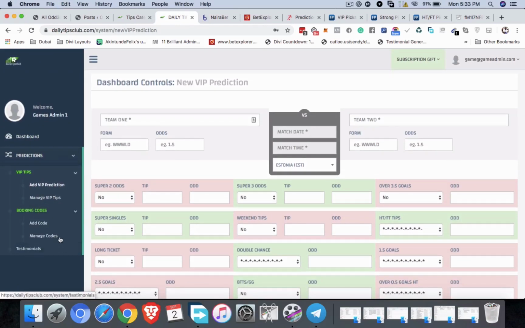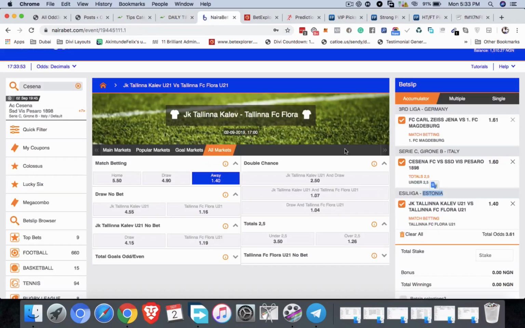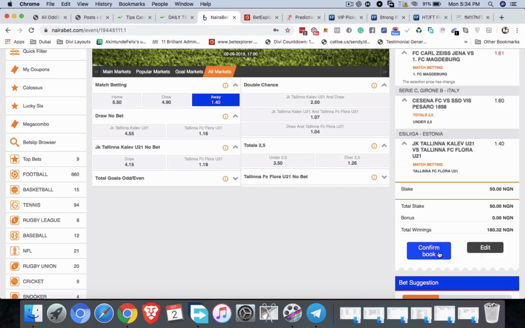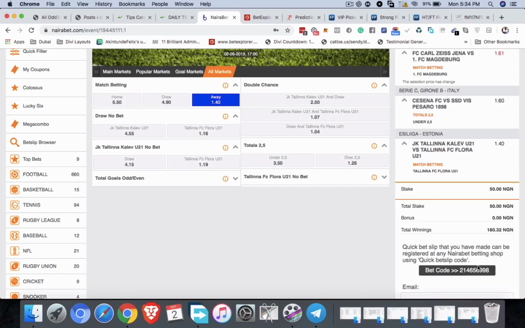So the next thing we want to do is add the code. So we come over to add code. Now that we've loaded this, to generate the code we enter a figure bigger than 50. You can enter 1000 or anything, but most times I like to just use 50. So you click out, it's going to load the total winnings. Then you click on get betting code. You click on confirm book. You can see it's generated the code. You just copy,